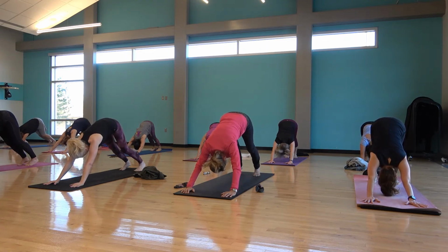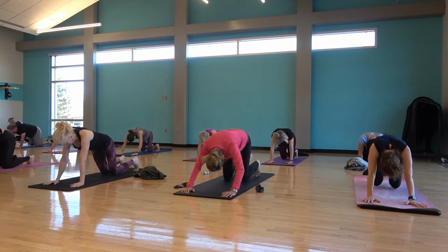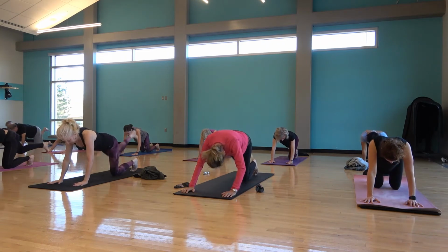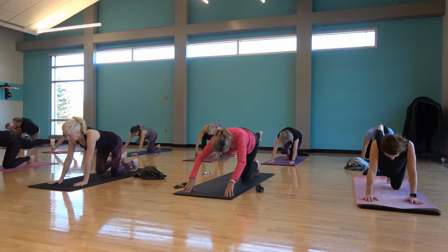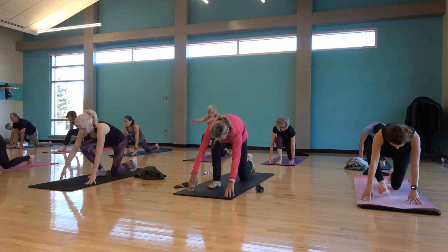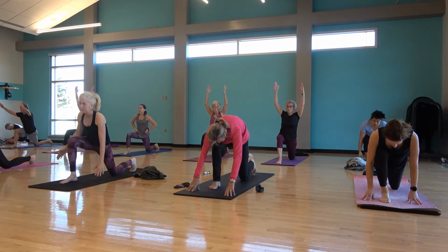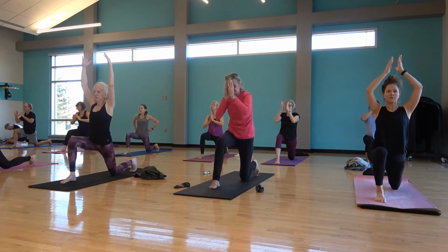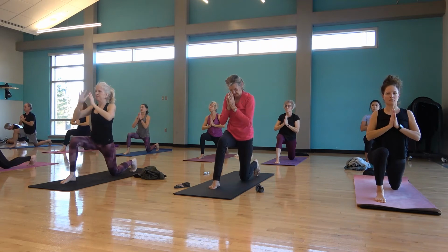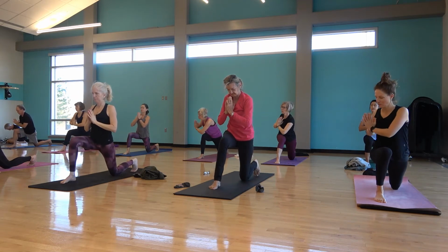Lower the knees down to the earth. Right leg extends back, spinal extension. Step it forward to crescent moon. Curl back toes under, hug in through the inner thighs, bring your hands to heart center. Revolved crescent moon, left elbow to the outside